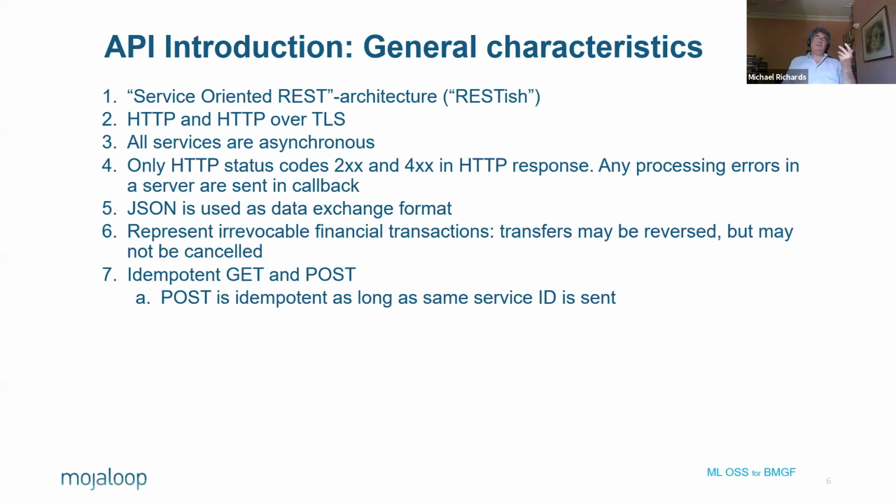So if the switch gets a transfer request which is exactly the same as a transfer request it already knows about, it says, okay, I'm not going to process that one. I will treat that as if it were a request for information, and I will tell the sender what the current state of that transfer is. Now, each transfer, when it comes into the system, is uniquely identified. It's the responsibility of the sender to make that unique identification. But as long as people keep sending things with the same unique identification, they won't be double counting transfers.